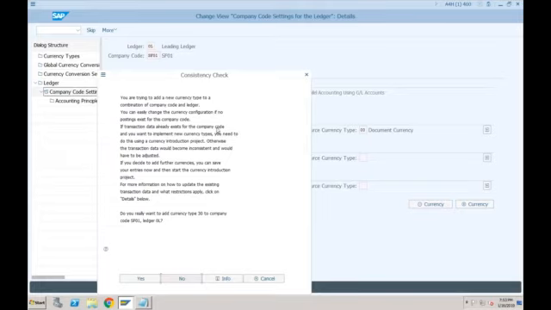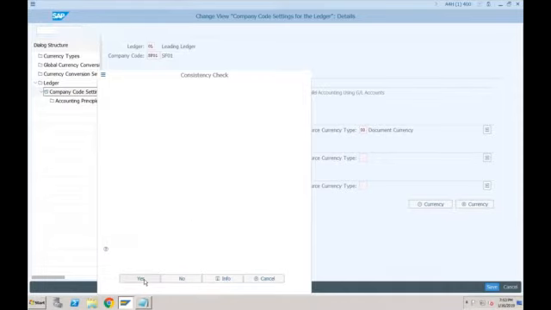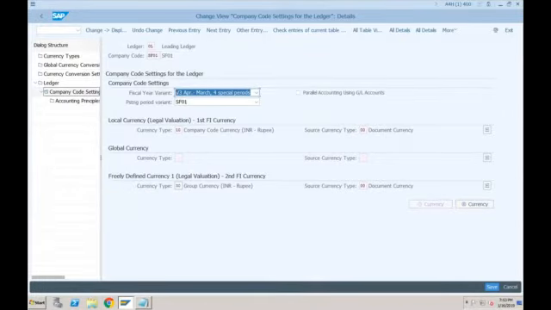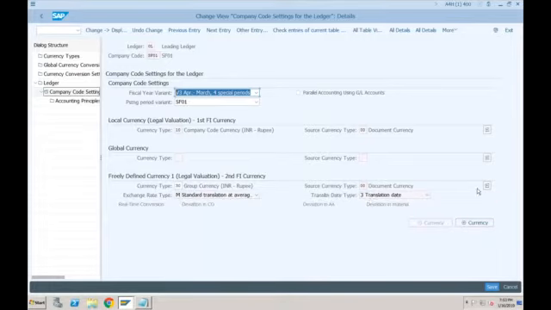This is the same message that you were even getting in SAP ECC also when you try to create a new currency for your company code. Okay, so you can see this information has been copied. If you want to see more information, this is a currency type, this is a source currency type, this is exchange rate type, this is a translation date type, whether it is a real-time conversion or the conversion will happen after that. Normally we go for the real-time conversion only.